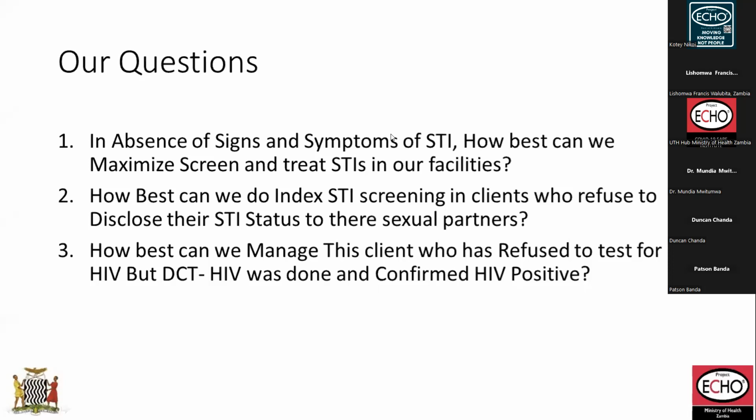Okay, so we have a question. If the patient agreed to be tested for HIV, are you going to do a new test, which is retesting, or are you going to disclose the status based on the first result you got for HIV? I think that is to our presenter from YETA. And then the next question is, where can we get access to syndromic flowchart, and is it available for download or for printing?